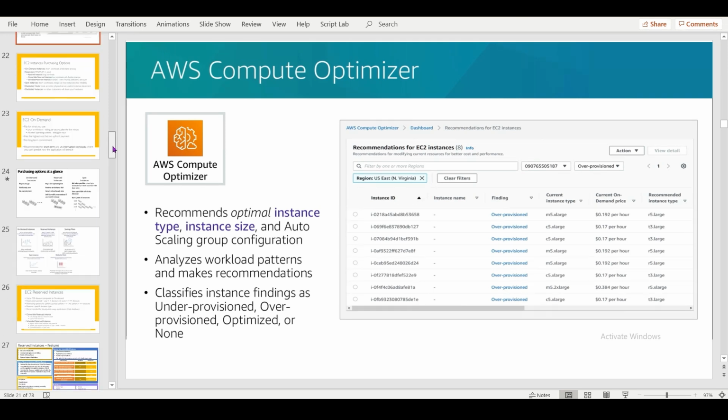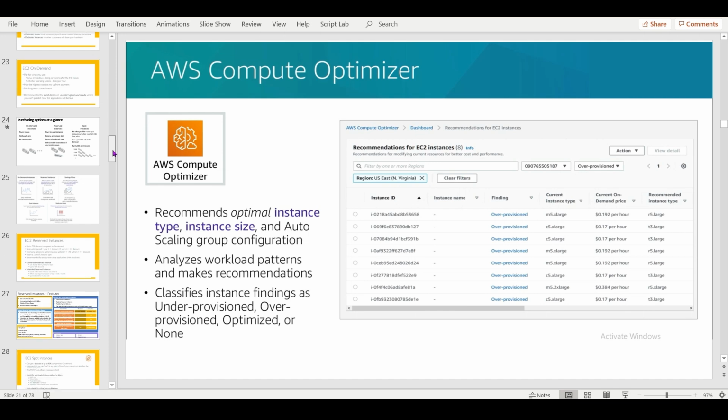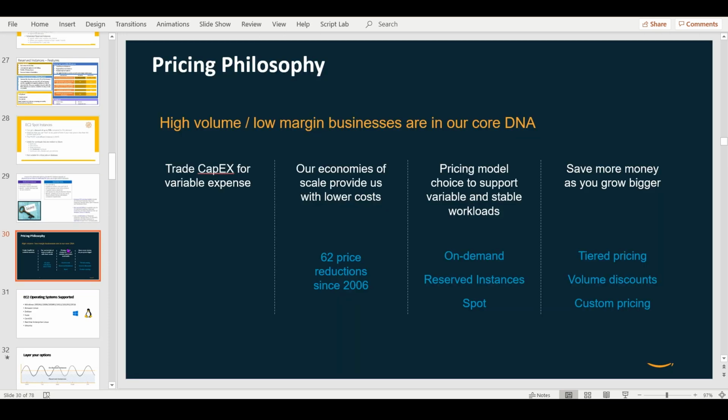Okay, so purchasing or pricing, right? The pricing philosophy from AWS is all about variable expense. It is an operational expense model. And when you are consuming more, when you are using a lot of volume, a lot of consumption,